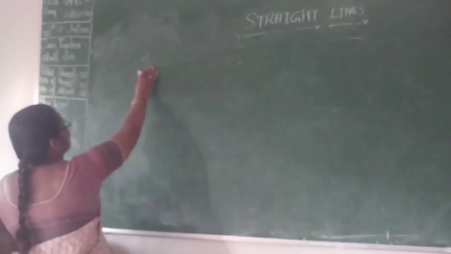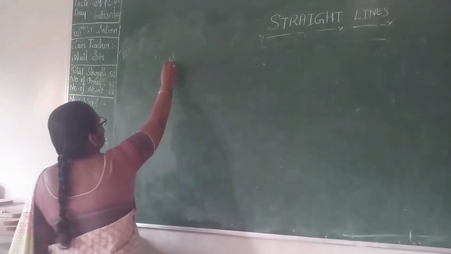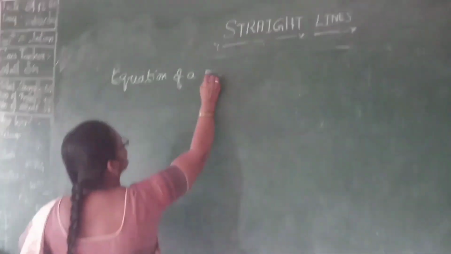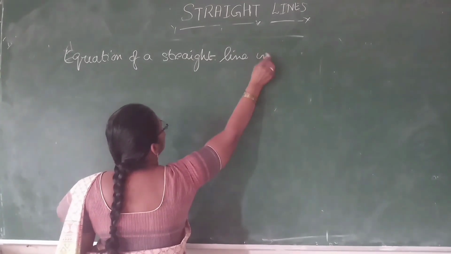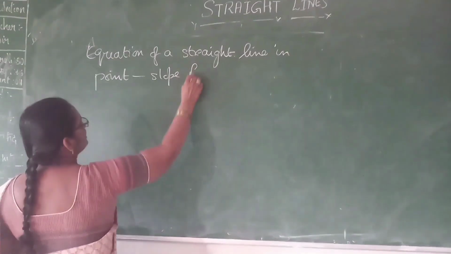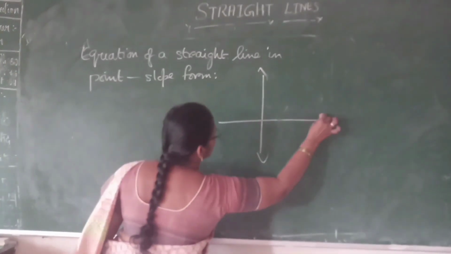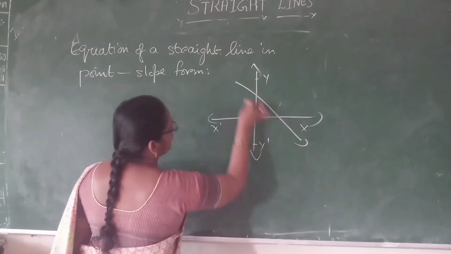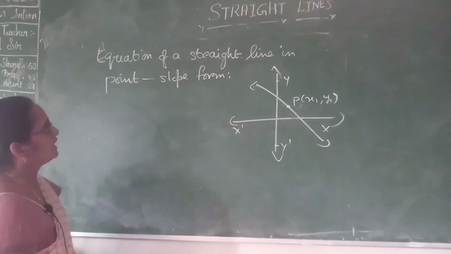So, the next topic is again now equation of a straight line in point slope form, that is, if a straight line is passing through any point x1 comma y1, then how can we write down the equation